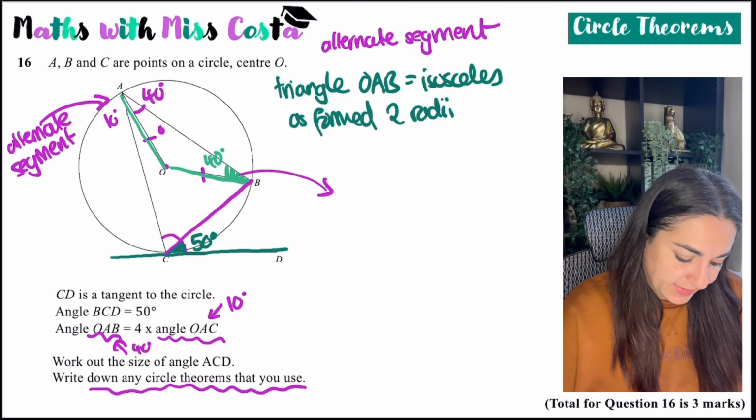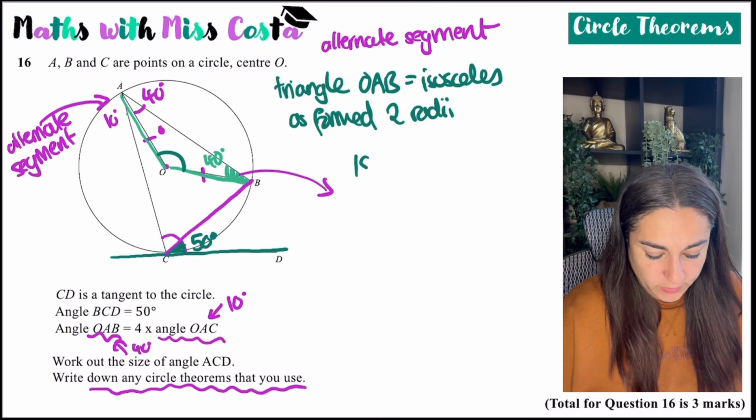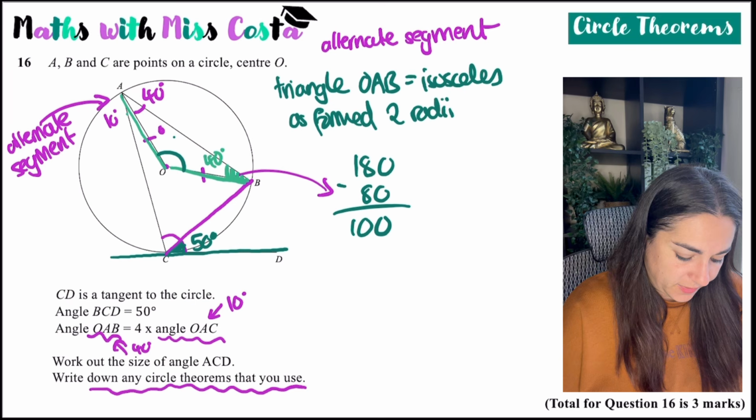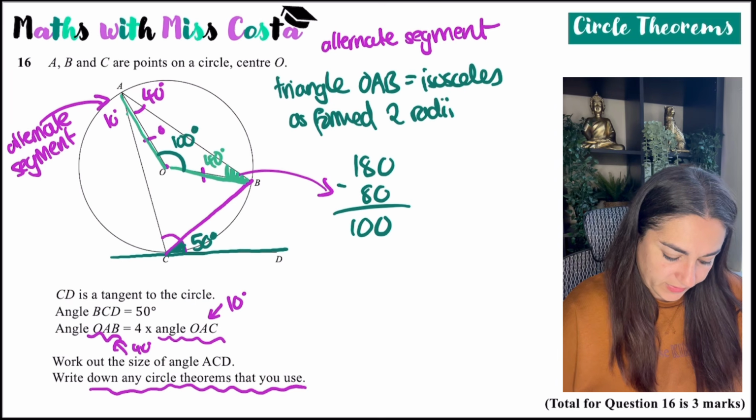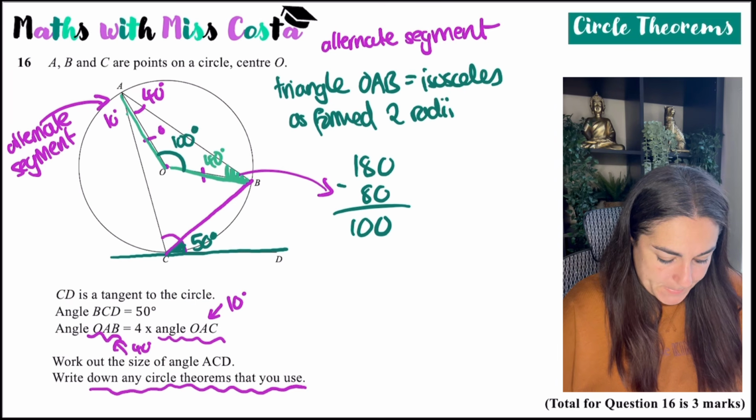So if this is 40 and this is 40, I know that angles in a triangle sum to 180. So 180 take away 80 is 100. So I know that this angle here is going to be 100 degrees. Now, I know that